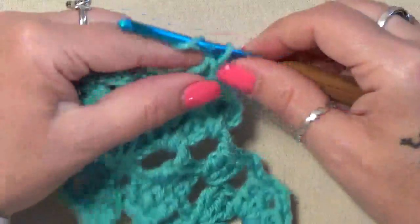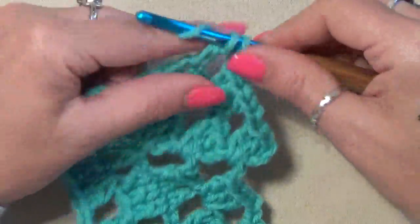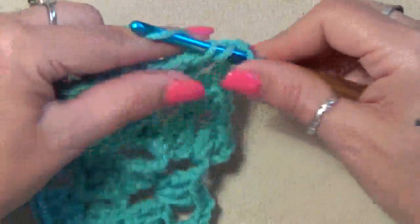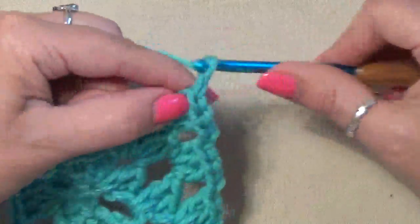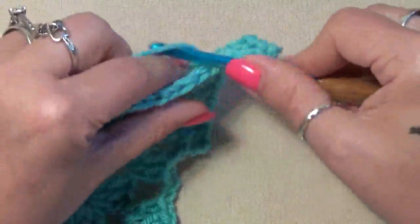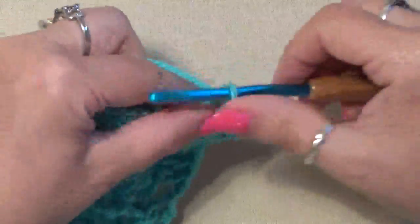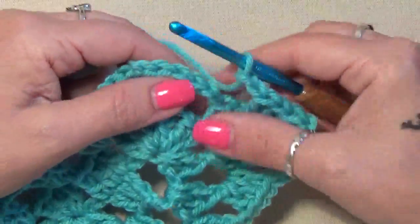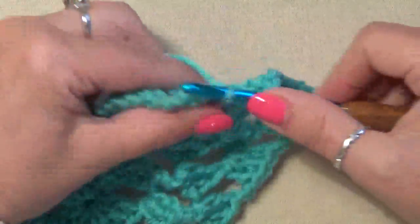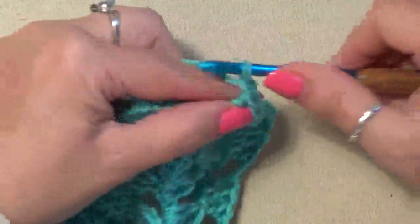okay, chain 2. Now you went in a corner again, so you want to do your combination of 3 doubles, chain 2, and 3 doubles in the same corner, chain 2, and in the next space here you'll put 3 doubles, chain 2,